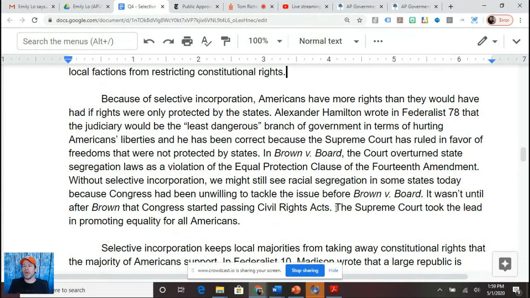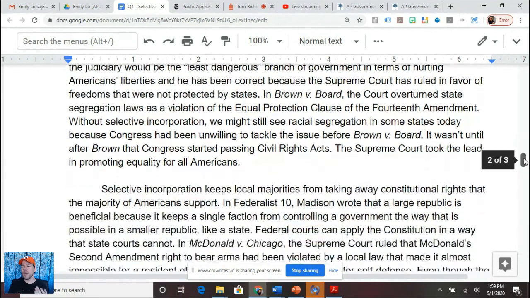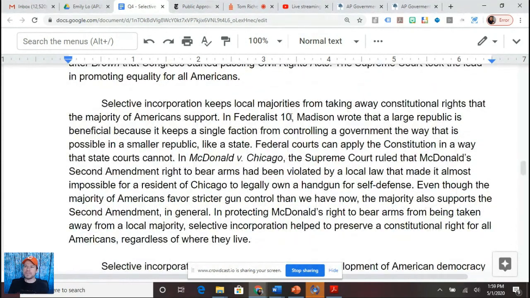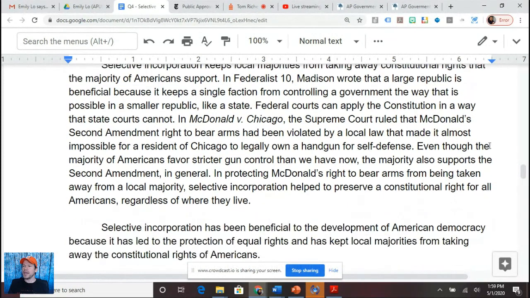The Supreme Court took the lead in promoting equality for all Americans. Okay, so with that, we're seeing how the Supreme Court is using selective incorporation, which typically goes back to the 14th Amendment. Selective incorporation keeps local majorities